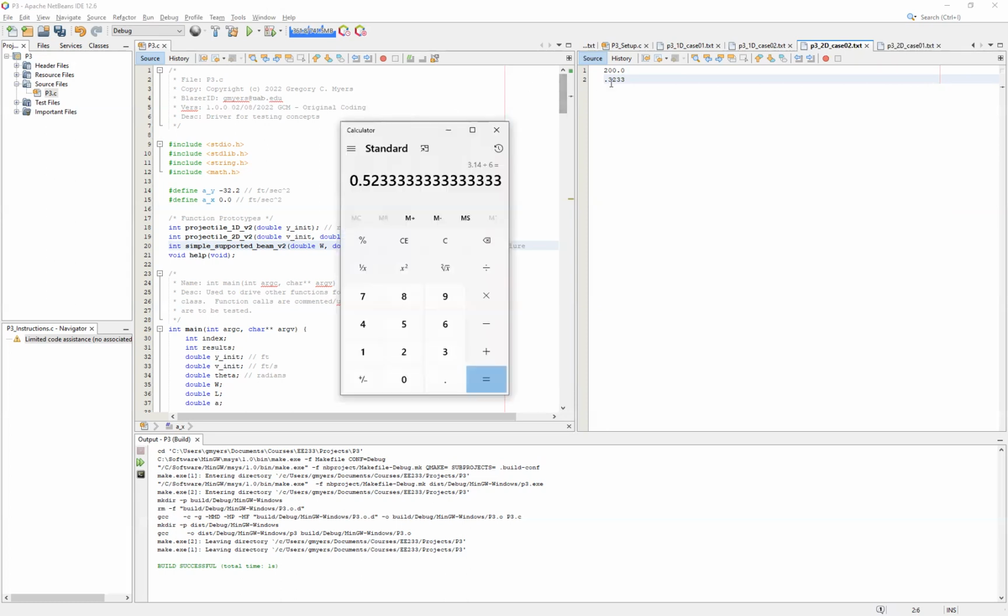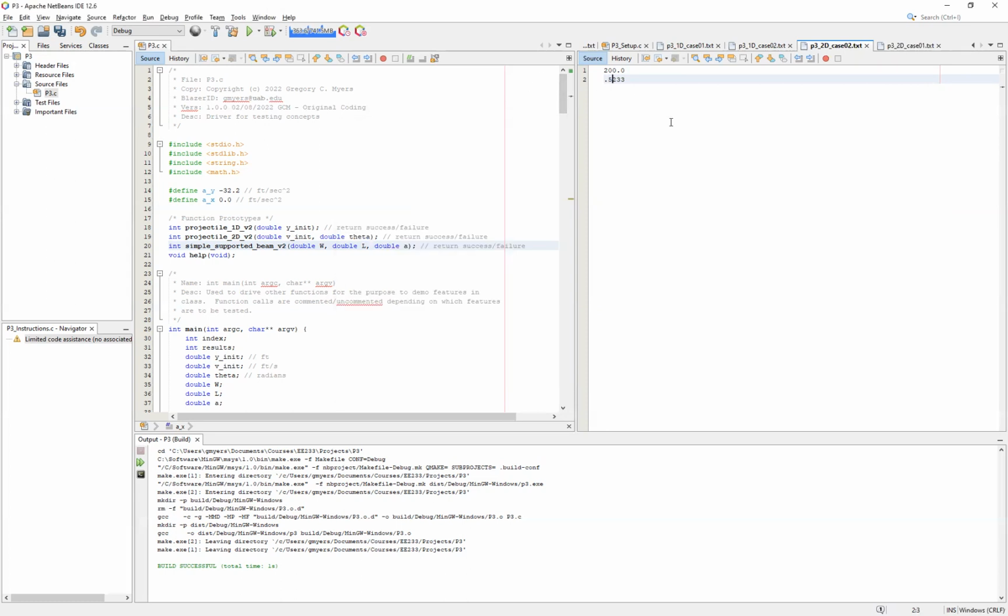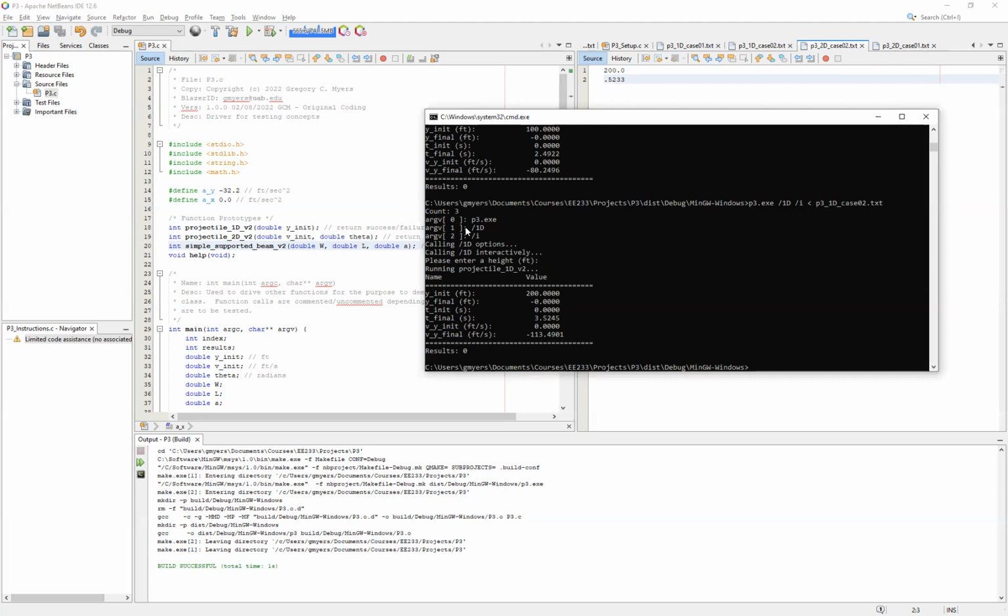.5233. Sorry, it took just a second. That didn't look right. All right, so there we go. So we have a 200 and then 0.5233. And then you come back over here to the command line. And what we'll do now is we will test our /2d/I, and we'll pass to it the P3 2D case